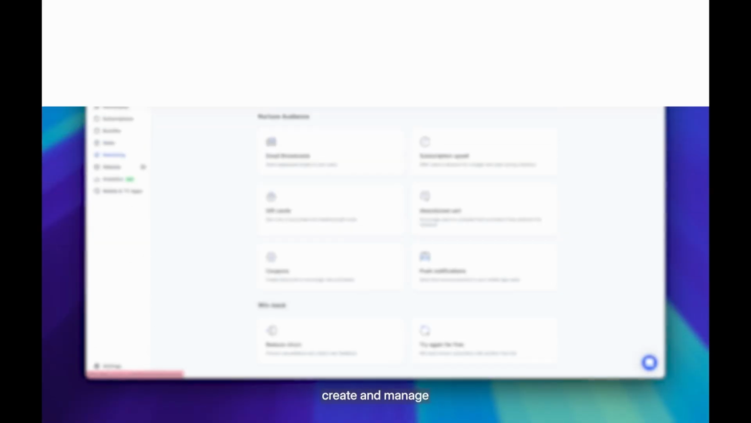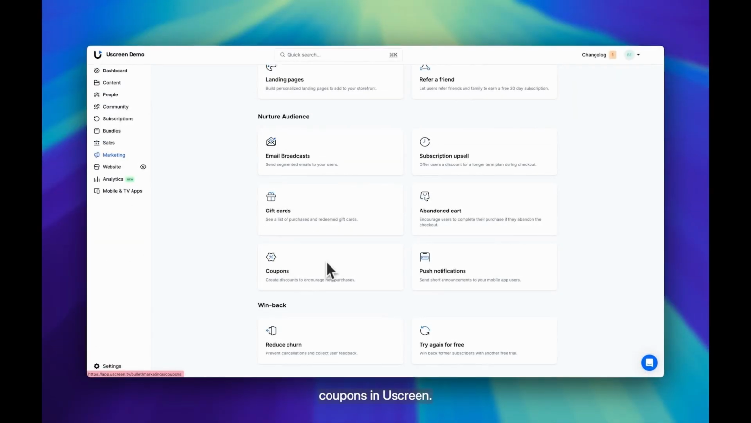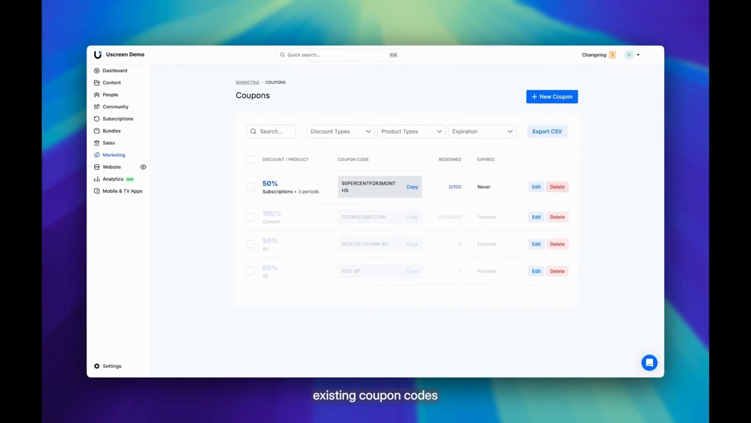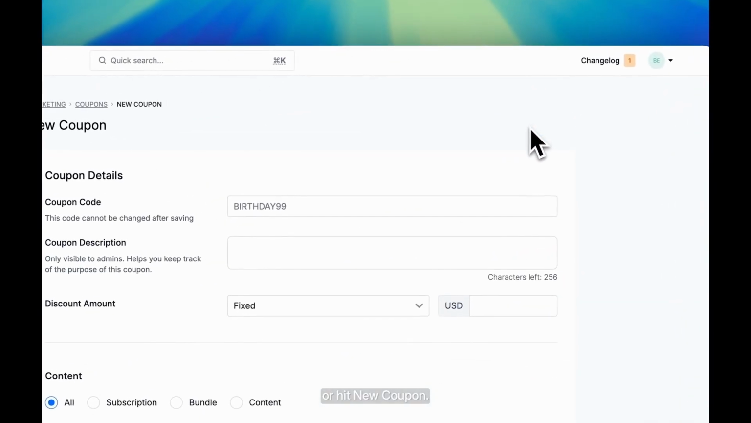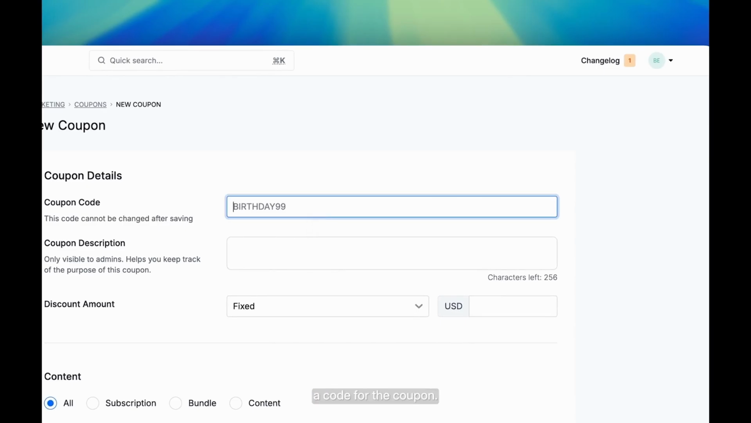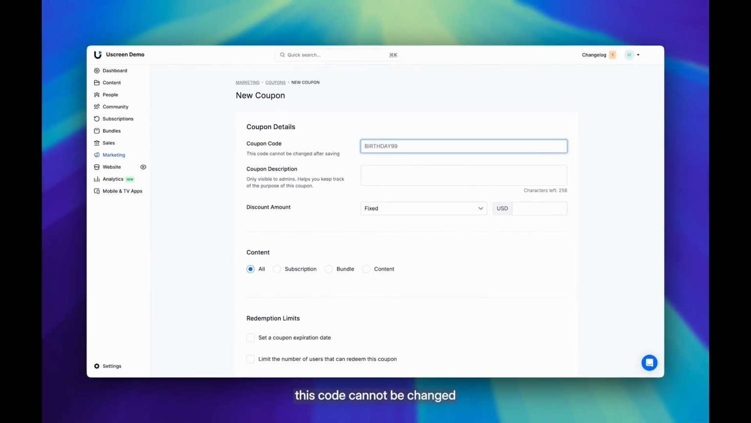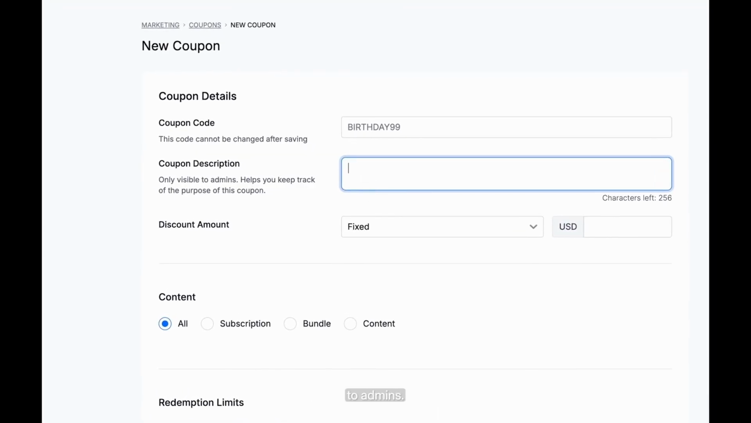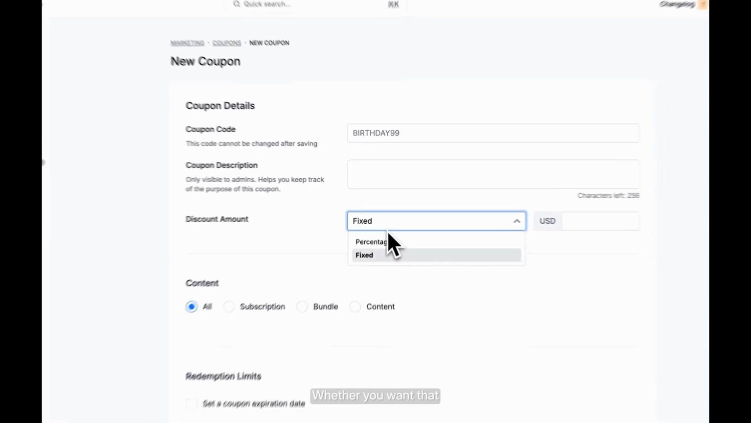Next, let's look at how to create and manage coupons in Uscreen. In the Marketing tab, select Coupons. Here you can edit or delete existing coupon codes, or hit New Coupon. In the details, select a code for the coupon, but remember this code cannot be changed once you've saved it, a coupon description which is only visible to admins, and the discount amount,